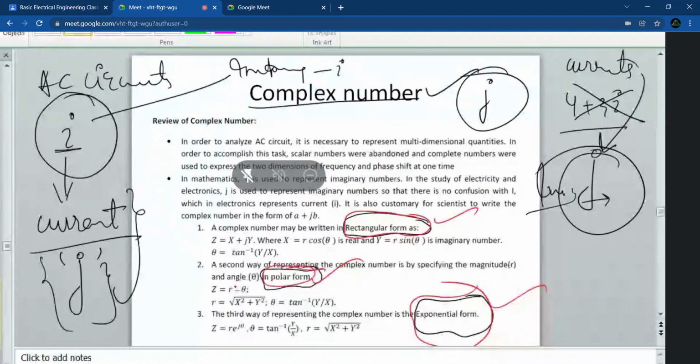So these things you have to study for today. One is you practice the numericals for the last topic that we have done, because we have completed that. The second assignment for today is to recall rectangular, polar and exponential forms. Then I'll be discussing how we will be using them in this particular topic. Clear to everybody?